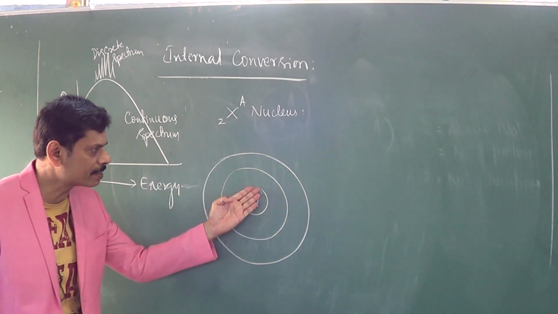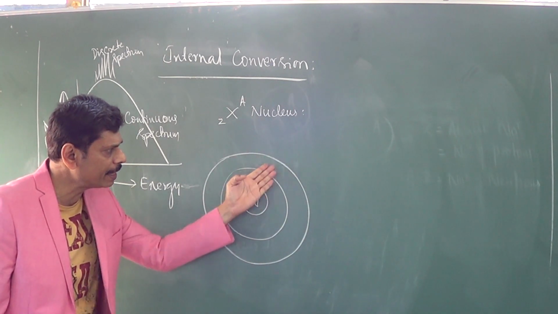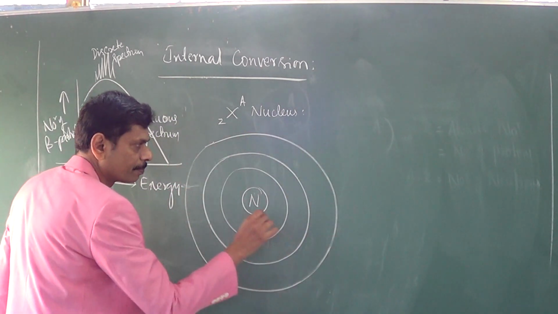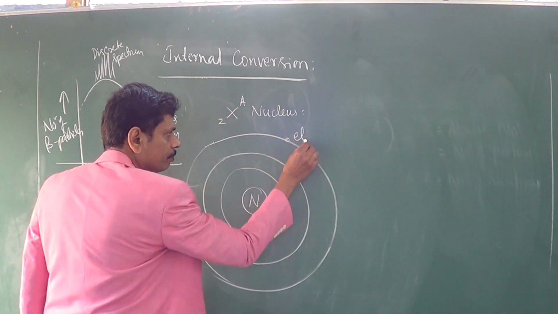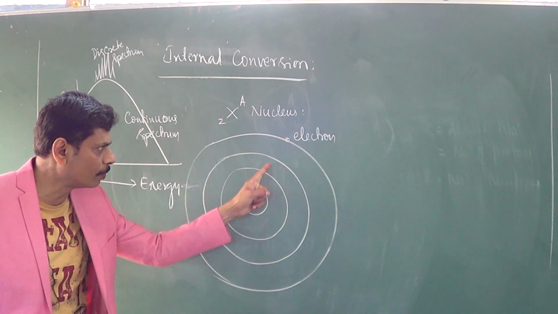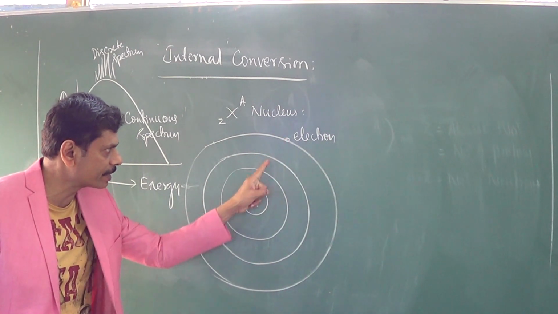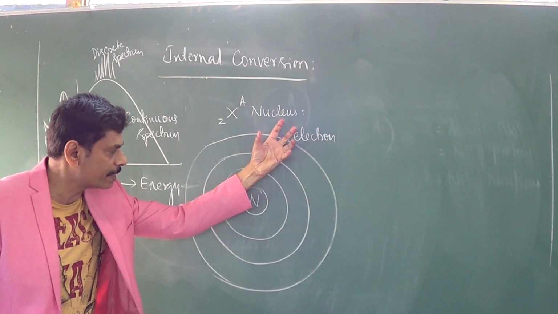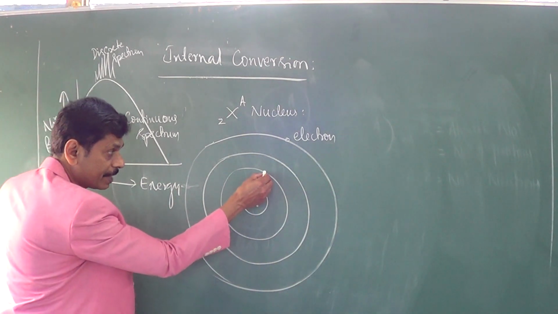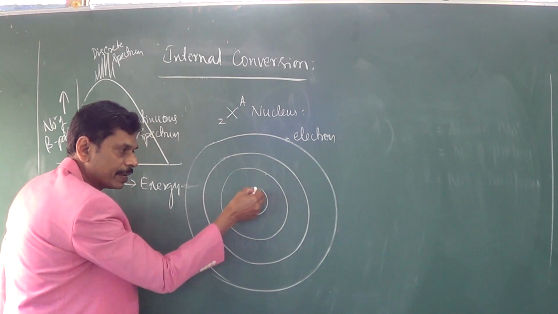Usually it gives its energy to the valence electrons only, but on some rare occasions it can give it to any other electron also. The electrons are revolving around the nucleus like this. An electron present here is loosely bound to the nucleus because of the longer distance, so the force of attraction is small. But for a K-shell electron, the force of attraction is larger because the distance of separation is very small.